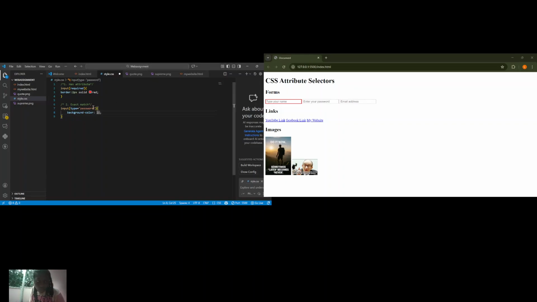So the second selector is the exact match. So we have the input type, password, and let's set the background color to, let's say,